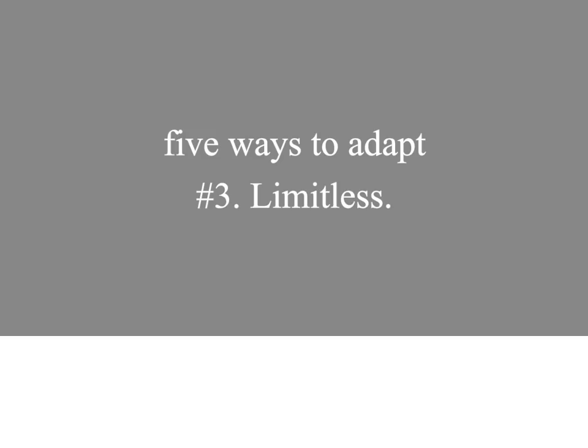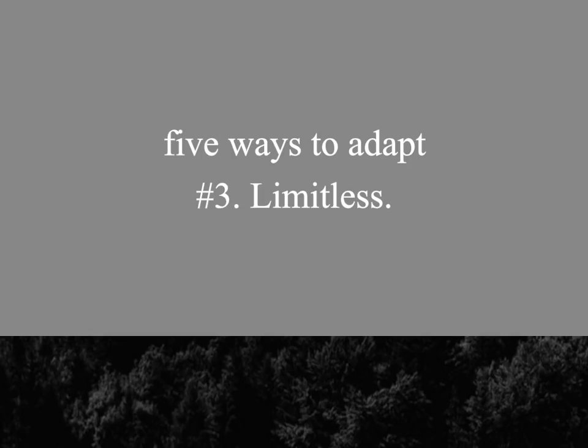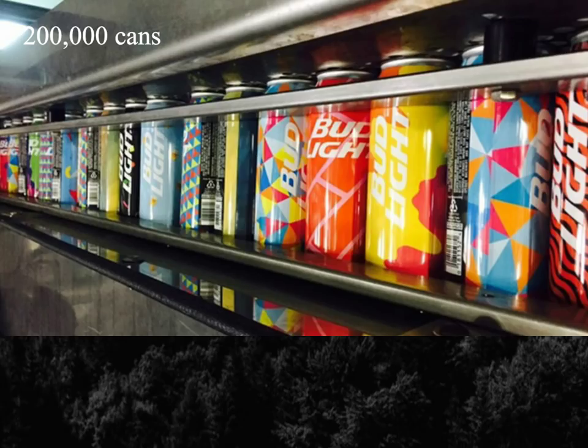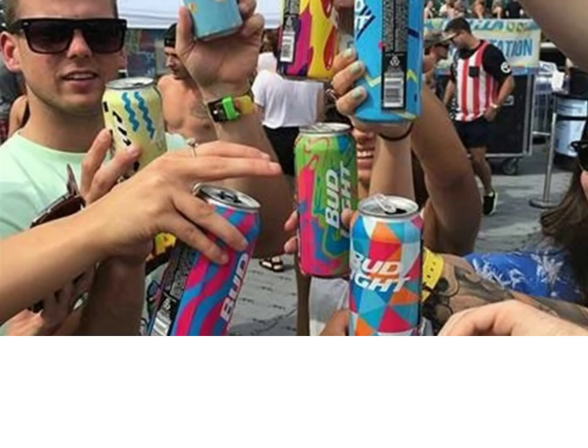So we've talked about being specific, and the counterpoint to that is to be limitless. And I would suggest that one thing to hold in our minds with digital print is that these opposites clash and create something interesting. So to have limitless and yet specific thinking is one way into it. But to explain what I mean by limitless, here is the Bud Light packaging from the United States last year, where they took something like 40 patterns and put it across 200,000 cans. And I think that the pictures that appeared on social media speak for themselves.